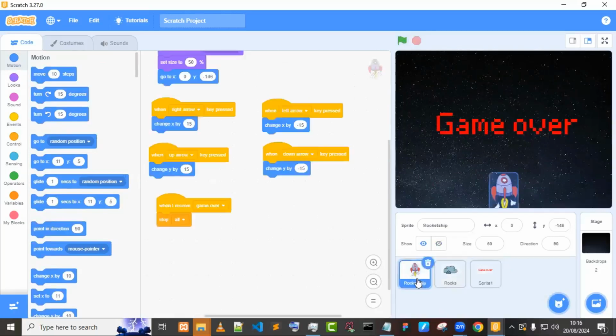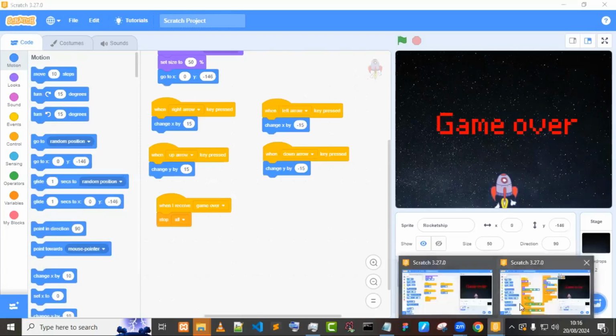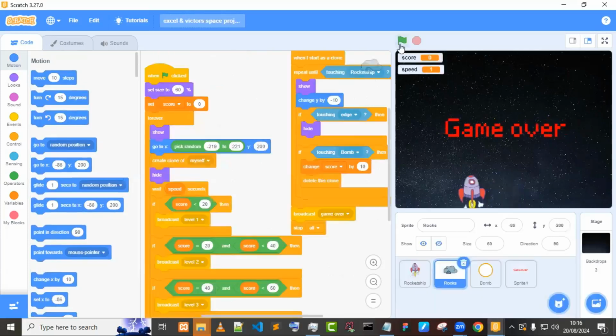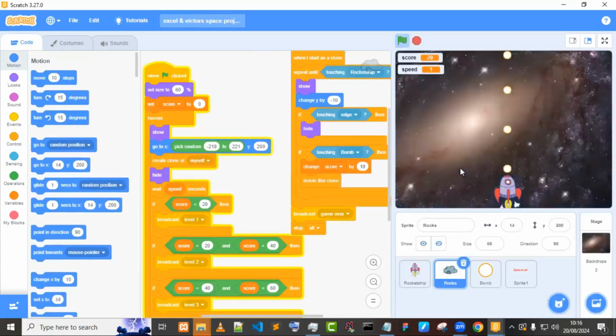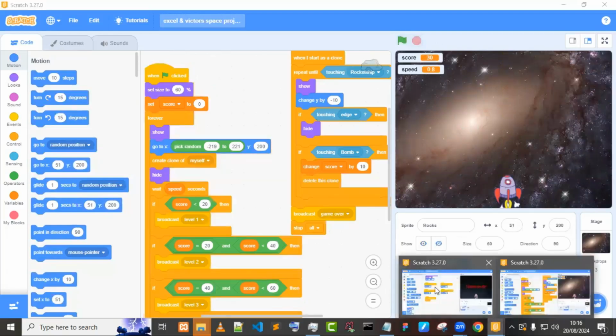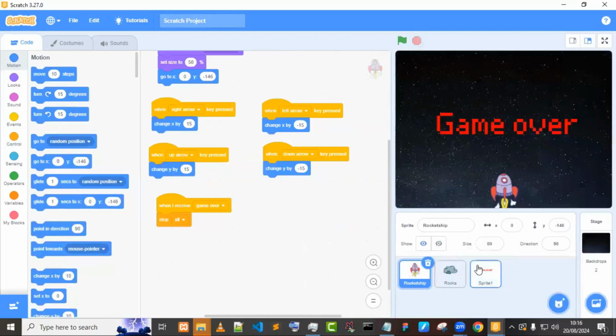But we know that the idea is the rocket should be able to shoot like a weapon, right? And if you can see that as it's shooting, we are gaining points here. Can you see it? So we'll now learn how to create the weapon for it. That is what we'll be doing now. Now to create our weapon, we have to come here